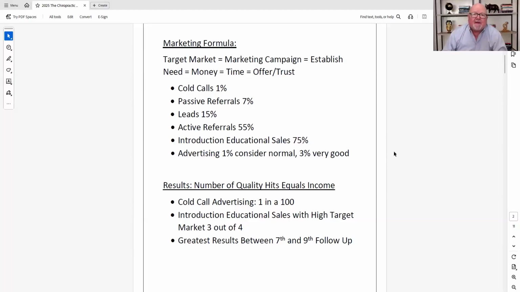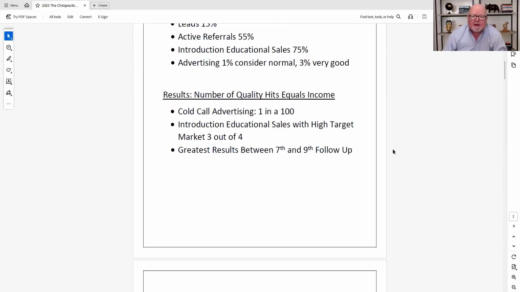By the way, that's what makes the difference in all chiropractic offices, because I said it all the time. They're personality driven. 8% utilization is just too small of a number to not know anything and to be busy. Results, number, quality hits. And remember, this is where chiropractors don't understand how many times you actually have to interact to create business.